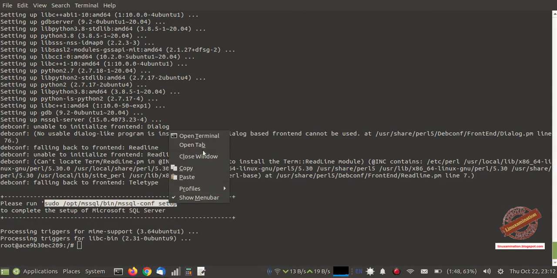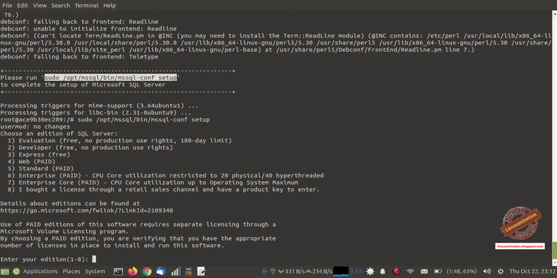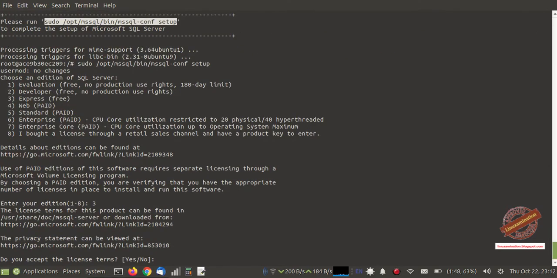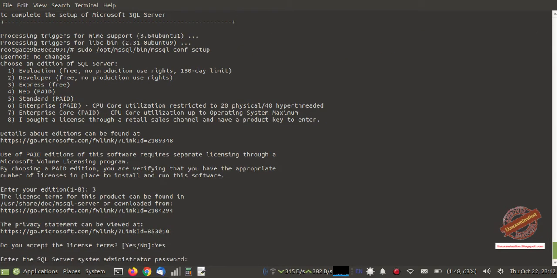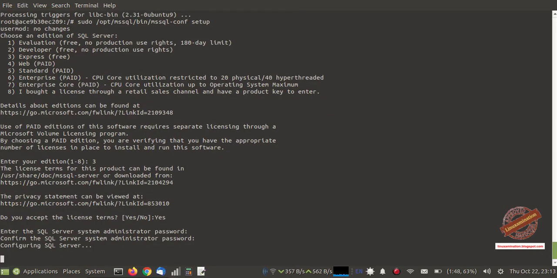This is the command to configure MS SQL Server. It is asking me to choose the correct edition. I am choosing option 3, Express, free, because I do not have license keys. Now it is asking me to add the administrator password. The password should have numeric characters and alphabetical characters.